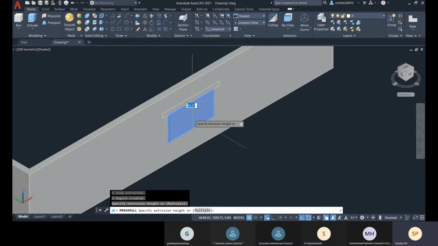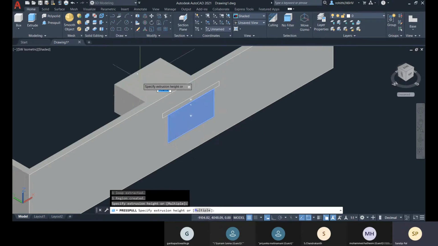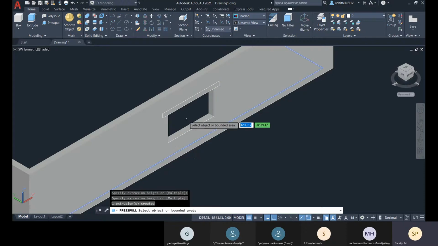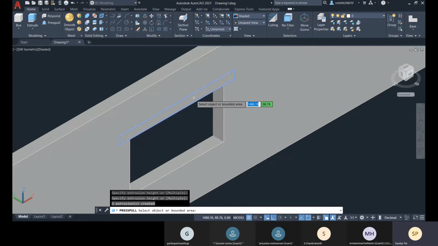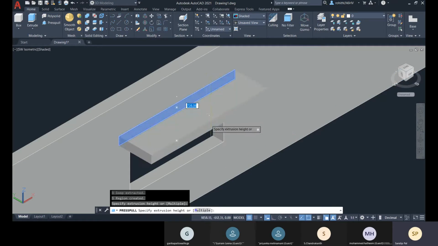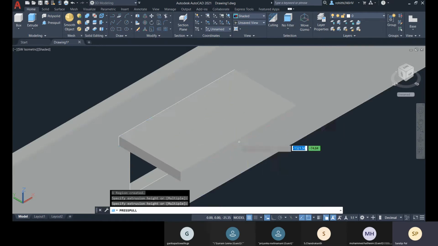So I will select this area, and then press in this direction. And now you have a window. And for this chajja, I need to pull. There will be a projection for this chajja, so I need to pull. It will be the same command. With the same command, I can do it, and I will give the projection. Okay. I'm giving random values here.